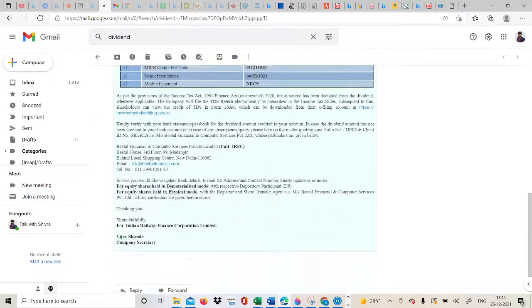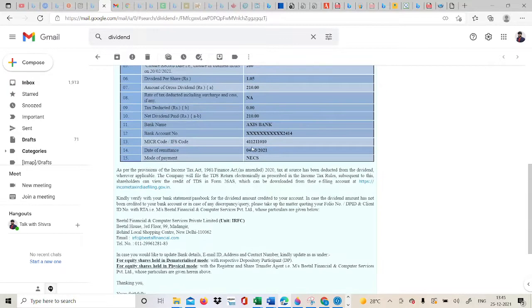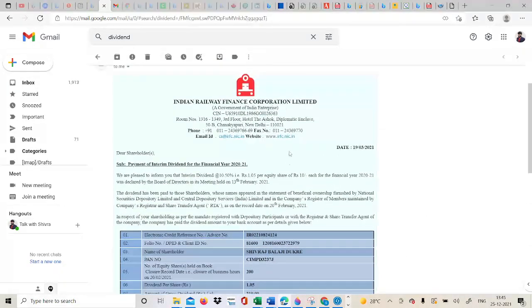See this communication. Okay, why? What I wanted to tell you here. So this is Vijay Shirde, company secretary. Okay, so all this kind of communications, the organizations send through the registrar, the company's registrar. It means it could be one entity or one person who is the qualified CS, the company secretary. So they actually send all these communications to the stakeholders, and the communications format would be like this,